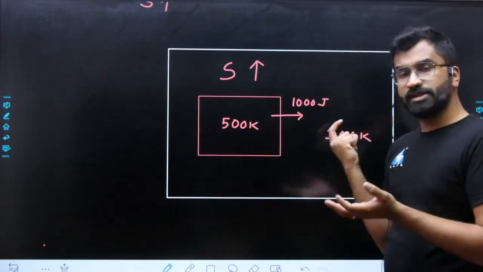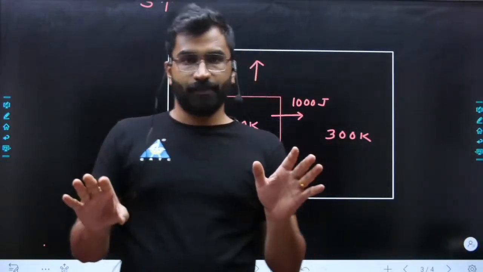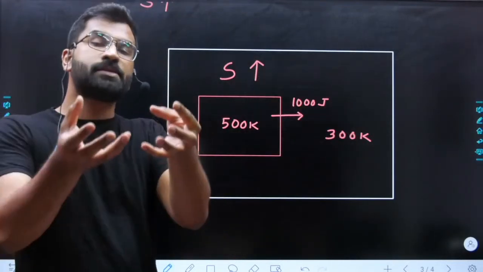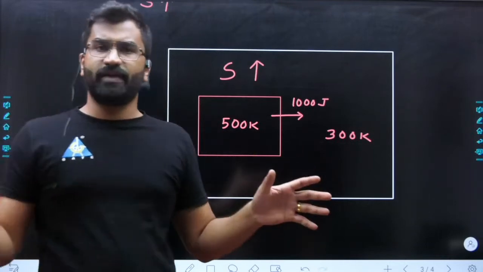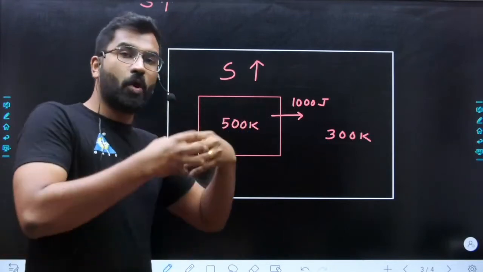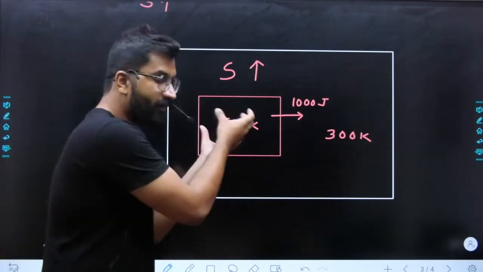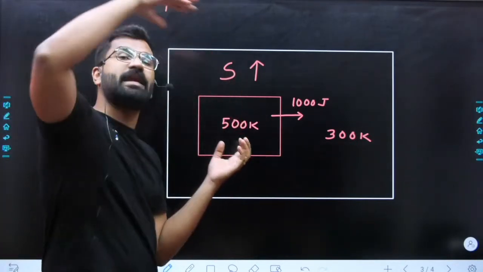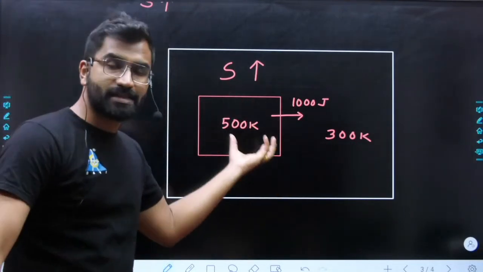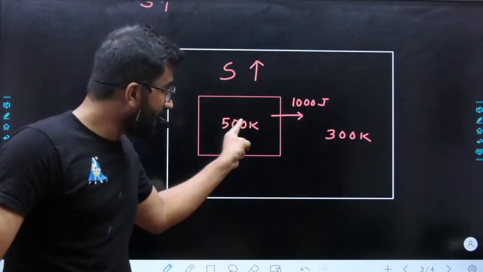नो प्रॉब्लम, व्हाट एवर एनर्जी इज गिवन इज गेन्ड बाय द कोल्ड बॉडी, सो यहां पे एनर्जी का कुछ भी लॉस नहीं हो रहा है ना, 1000 joule is released by hot body, लेकिन that 1000 joule is gained by cold body, so there is no loss of energy, but we lost something, right, we lost something because we lost the ability to use this heat energy, that is ये जो 500 Kelvin जो hot body है उससे हम heat engine चला सकते थे, we could have run a heat engine or we could have used this heat energy for any other useful purposes, लेकिन हमने यूज नहीं किया।